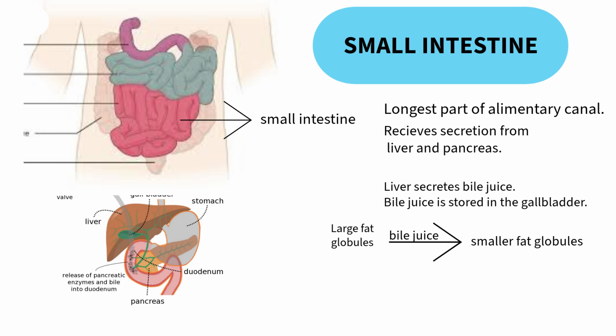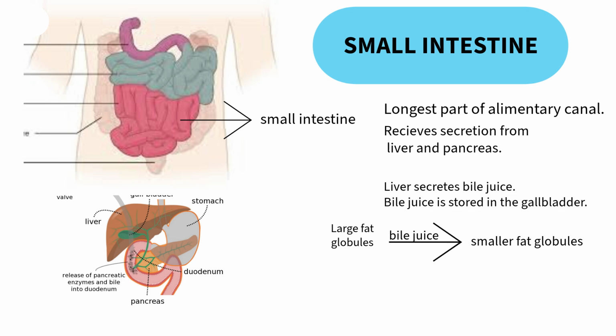Bile juice provides an alkaline medium for the acidic food coming from the stomach, for the pancreatic enzymes to act on it. Here you can see that hydrochloric acid makes the food acidic in the stomach. So to make it alkaline, what happens here? Bile juice makes the medium alkaline, so that the food coming from the stomach becomes alkaline. For what reason? So that the pancreatic enzymes can act on it. The pancreas secretes